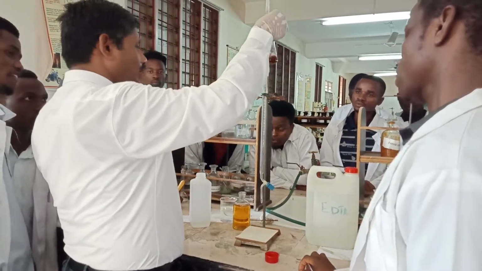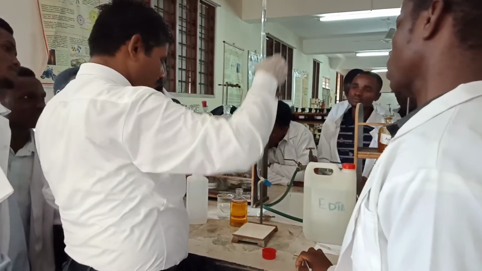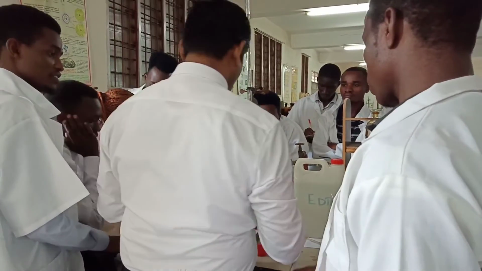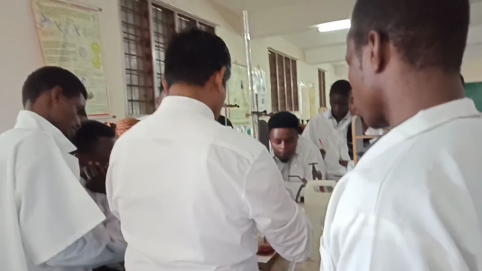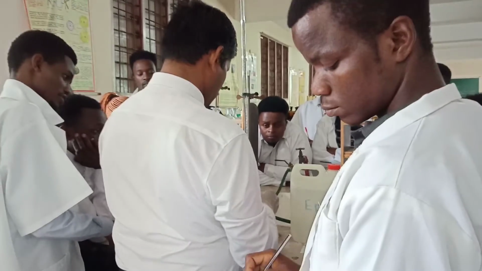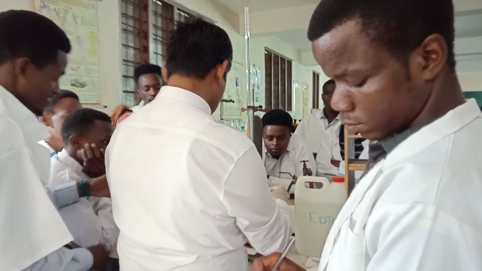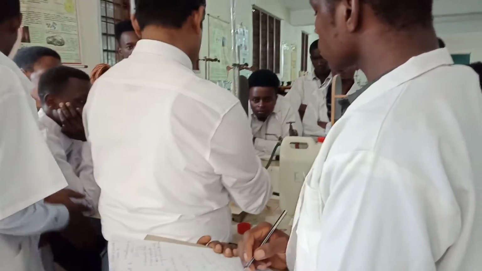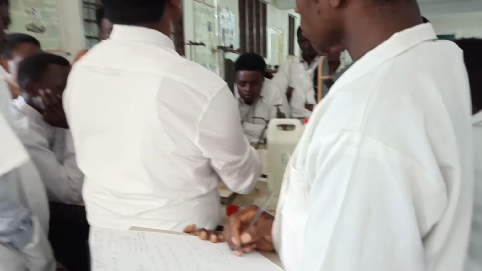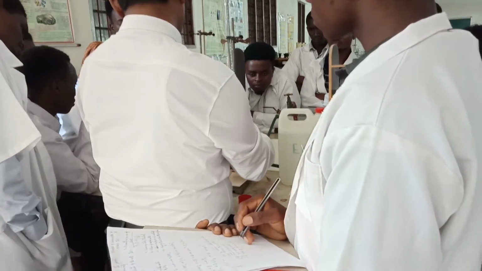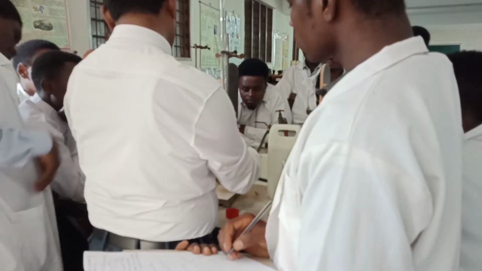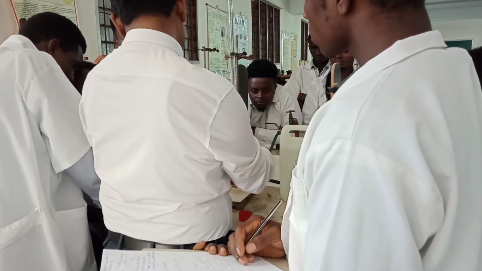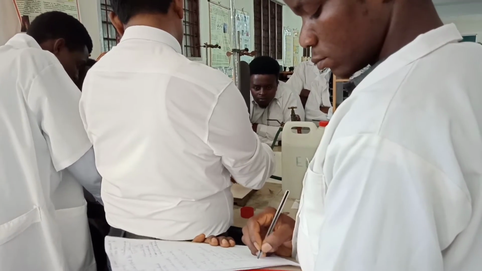Iodine plus starch gives a color like this. Now you titrate. Drop by drop you add, otherwise it changes immediately. Hold it like this with your finger. Once you open this, you must observe the color change with your eyes. Don't look here; you have to find out the color change.